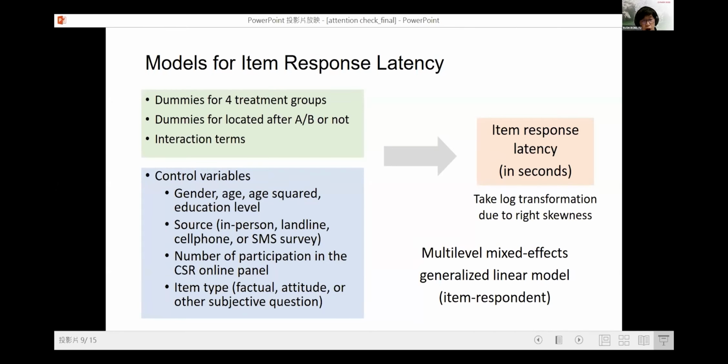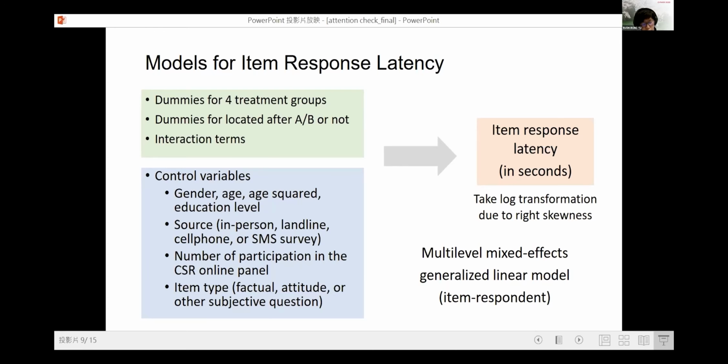As to our second set of models, the dependent variable is the item response latency. This variable is constructed from the automated records kept by the CAPI system. Because each respondent can answer up to 61 questions, plus the attention checks in the treatment groups, the item response latencies are two-level data. The two levels are the item and the respondent levels.